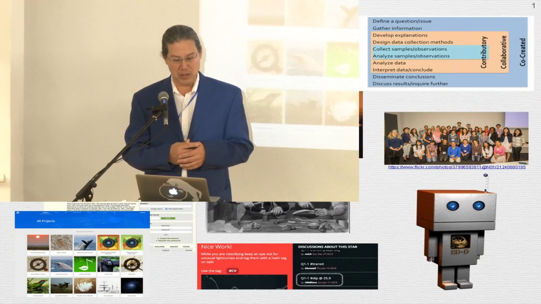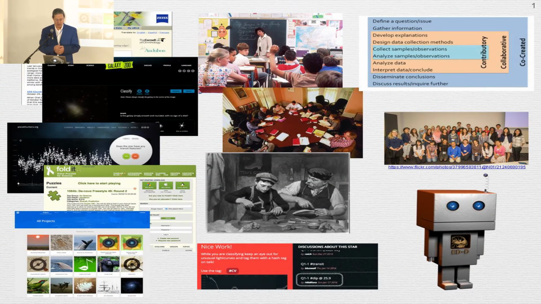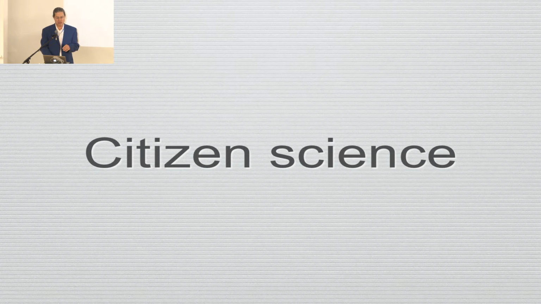So my talk is going to have three parts. I'm going to start off by talking about some examples of citizen science projects, just to give a sense of the different kinds of things that people do and some of the key characteristics of those projects. I'm then going to talk about how learning happens in citizen science projects, drawing on some research that I and my colleagues and students at Syracuse University have been doing with a particular project. And then I'm going to wrap up by discussing some possible future research opportunities that seem to be possible in this environment.